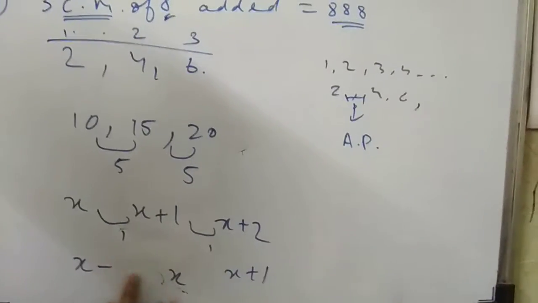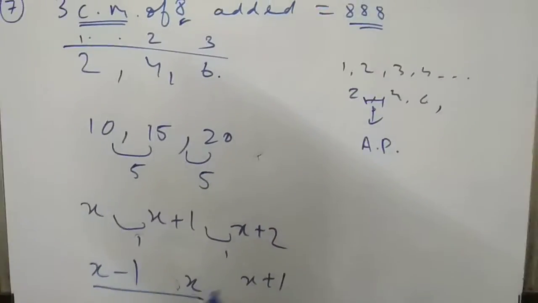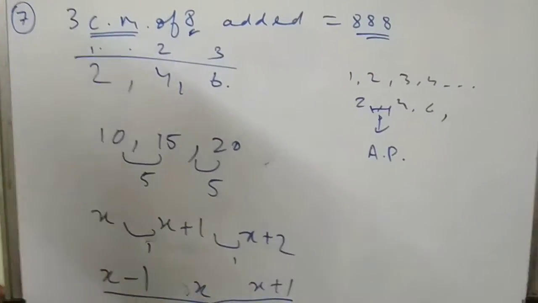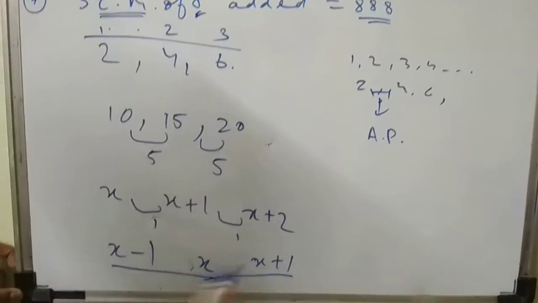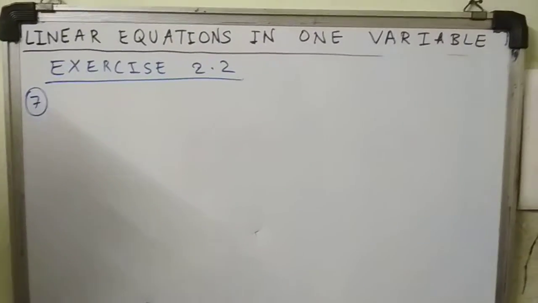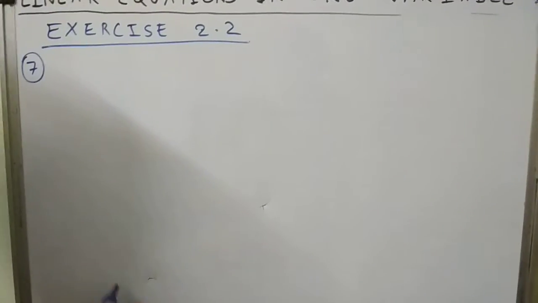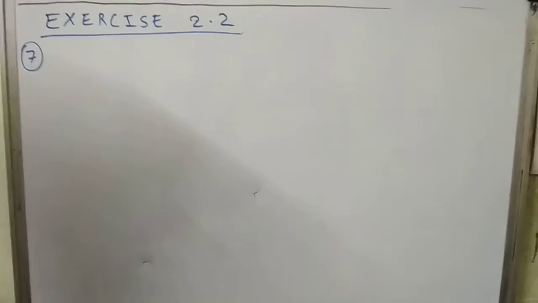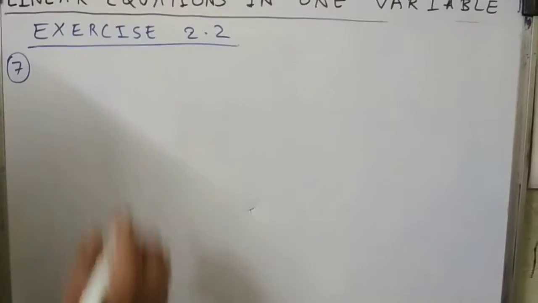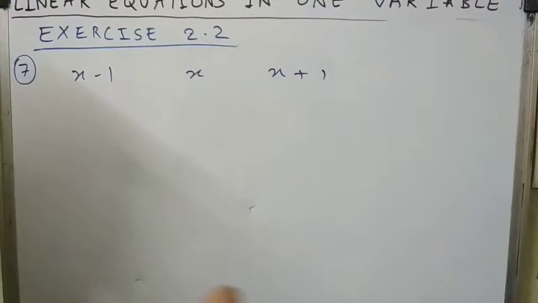Now what is the change between these two? They are both consecutive, but if we prefer this type of method, you will find it easier to solve problems. How? Because when you solve, these two will be eliminated, so directly you can get the value of x. Whatever you prefer, the first one or the second one, you will get the same x value at last, because we don't care about the value of x, we care about the numbers. So let's prefer the numbers x minus 1, x, x plus 1. I'll show how they are eliminated.